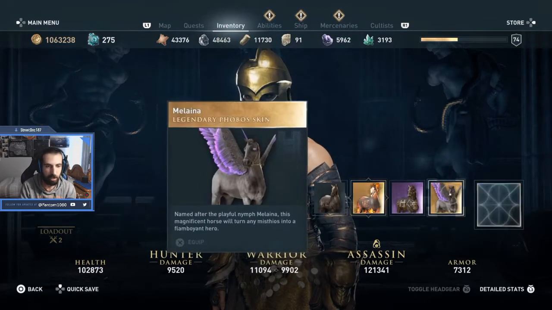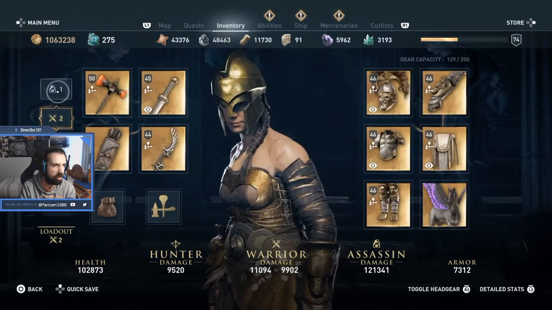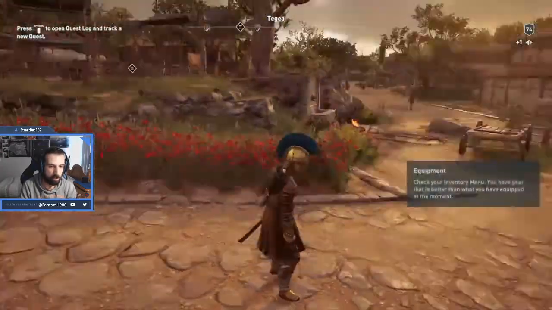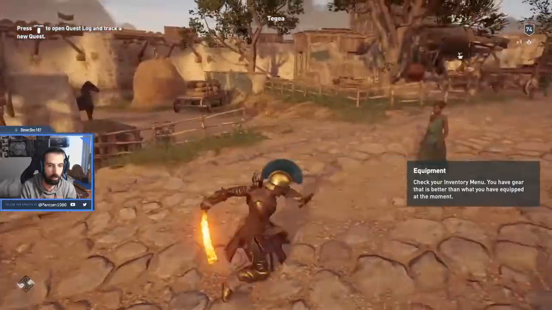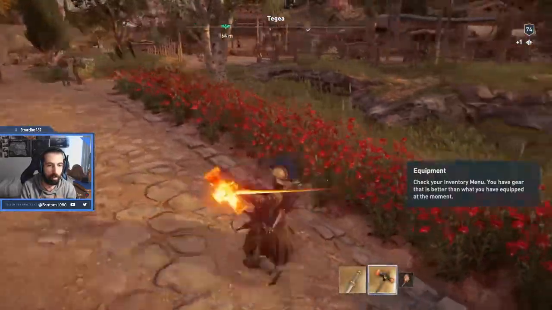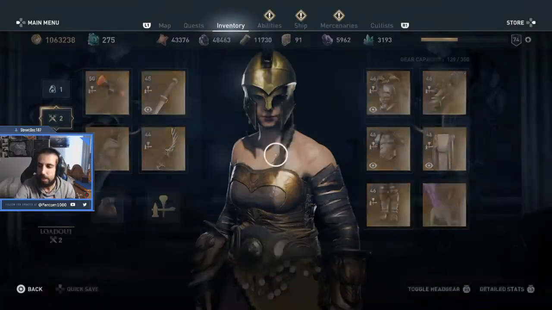Let's change the horse here to this one because it's got wings and it doesn't do any full damage or anything stupid like that. So just to show you, if you guys want to see how I look, that's pretty much the warrior, and then with this hammer. And then for the assassin,